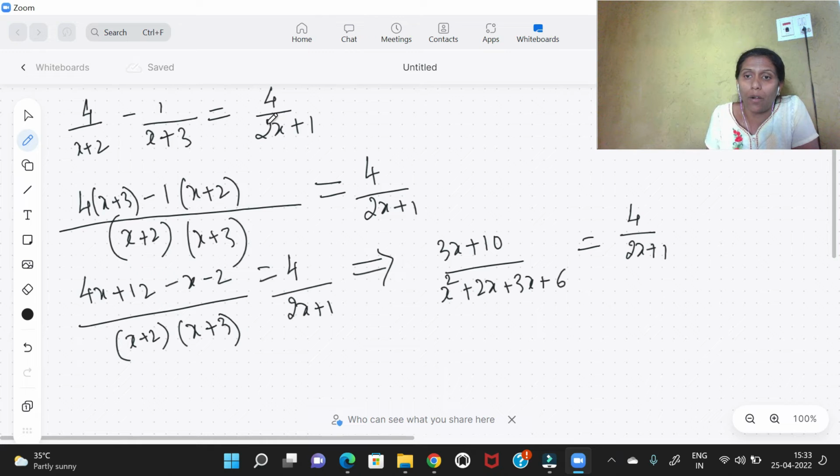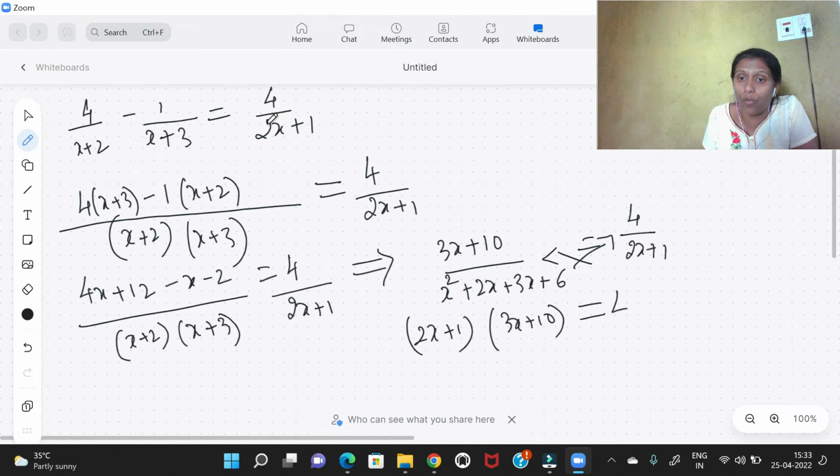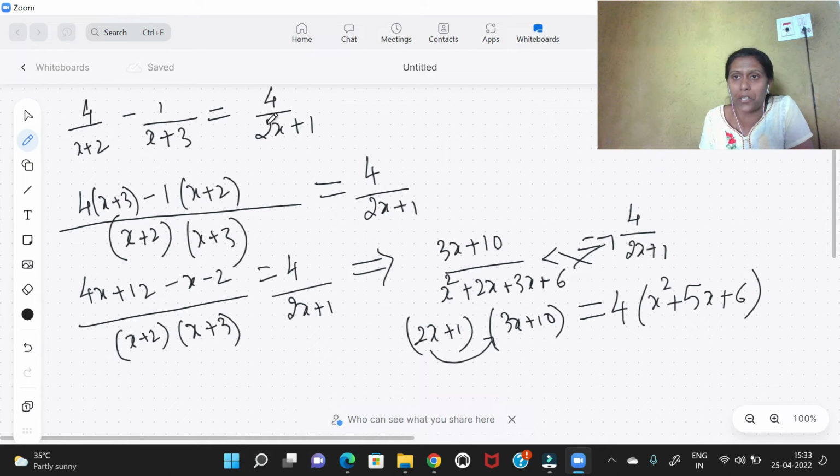And now go for cross multiplication. It is 2x plus 1 into 3x plus 10 which is equal to 4 into x square plus 5x plus 6. Don't ask me how I got 5x. It is just nothing but 2x plus 3x. Alright, now what is left out next? It is just nothing but the cross multiplication, removing the